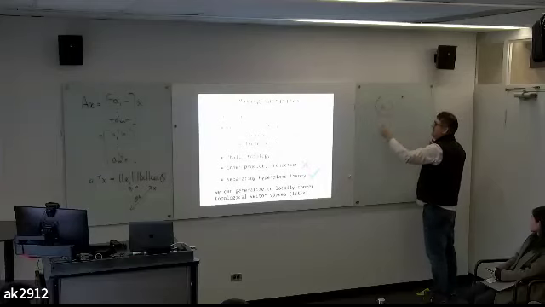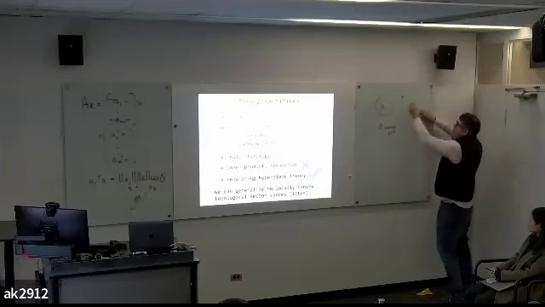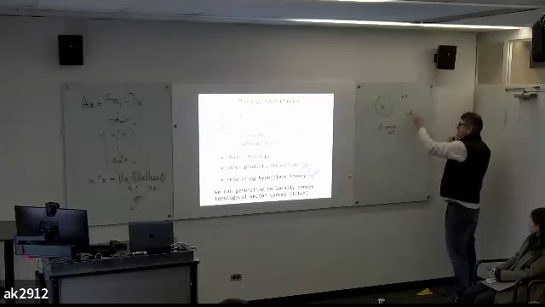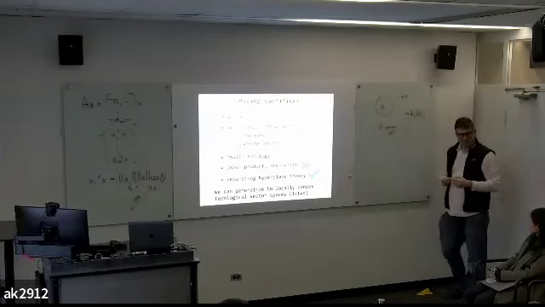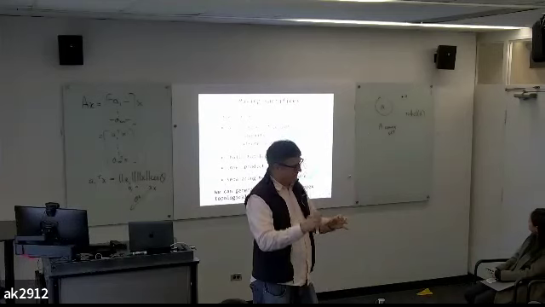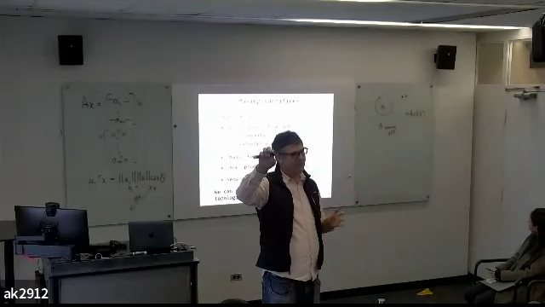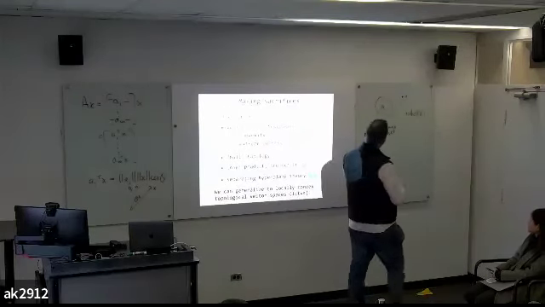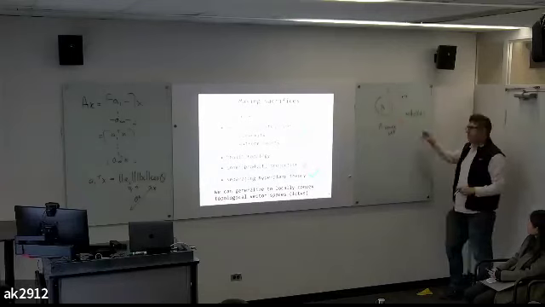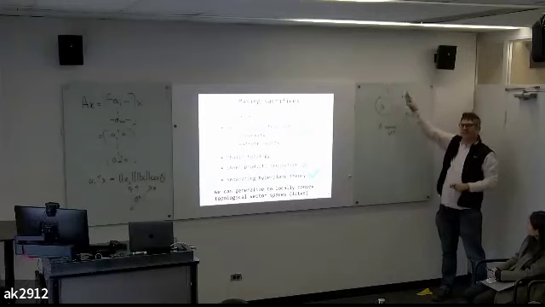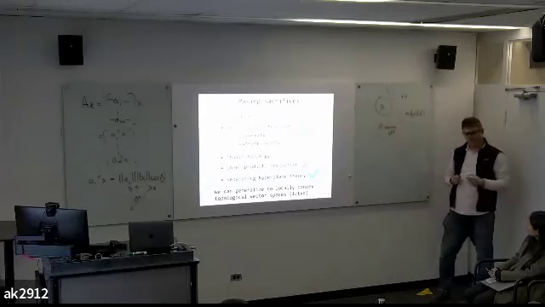So if you give me a convex set A, and I give you a point not in that set, in particular, X is not in the closure of that set, what would you like to be true? If I give you a convex set and a point not in the closure of that convex set, I would like to be able to separate them with a hyperplane. And I would like to be able to strictly separate them, meaning the convex set is entirely on one side, and the point is entirely not on the same side as A. That's what I mean by strict separation.